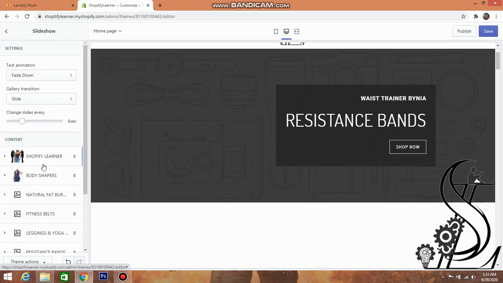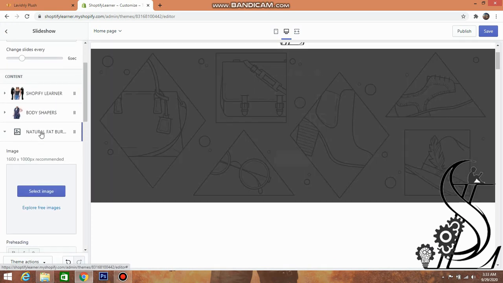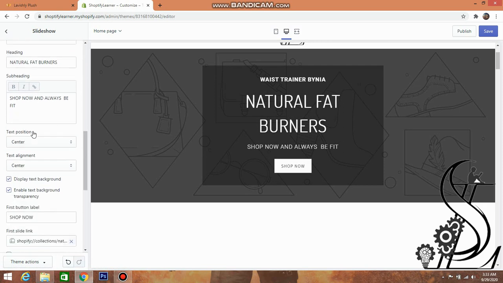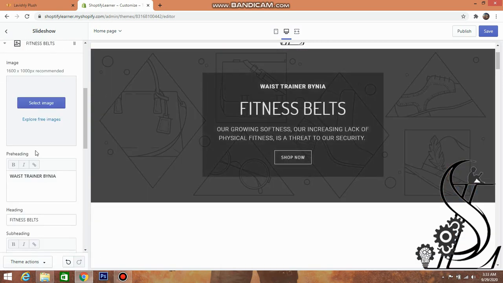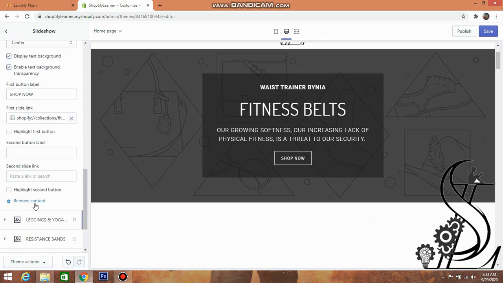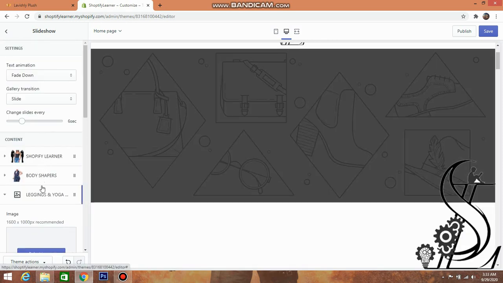We can also remove the slideshow which we cannot use in our video. You just go to the slide image and click on remove content.